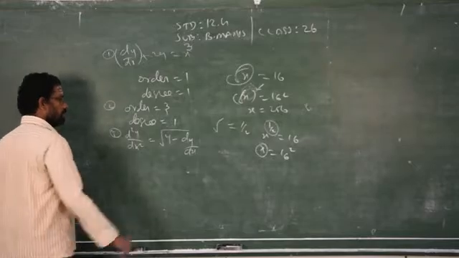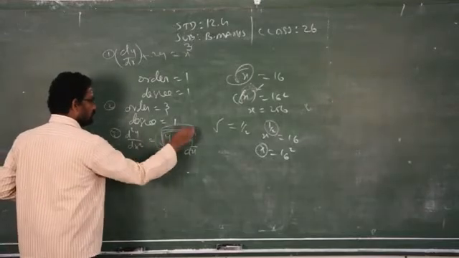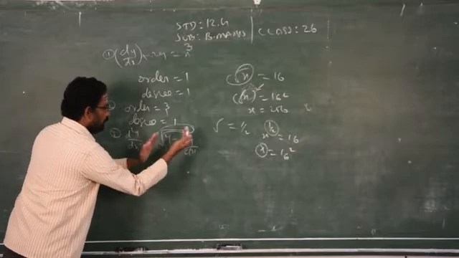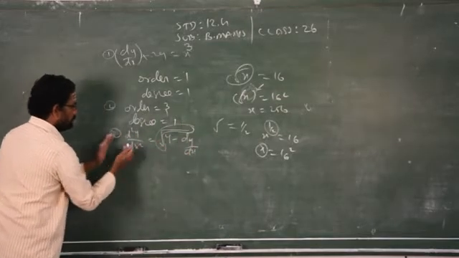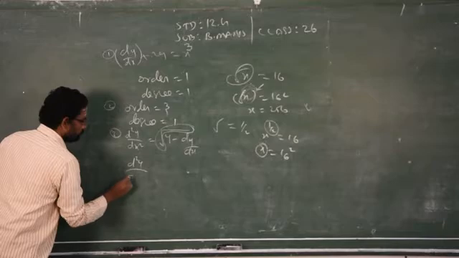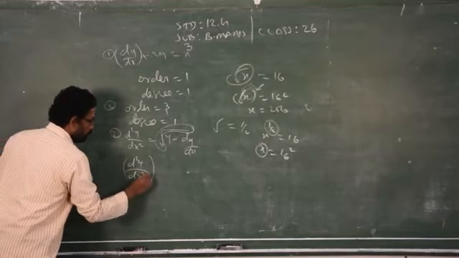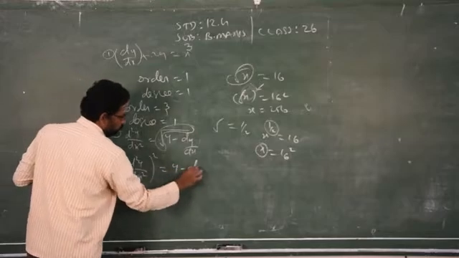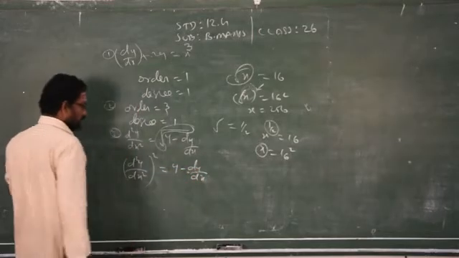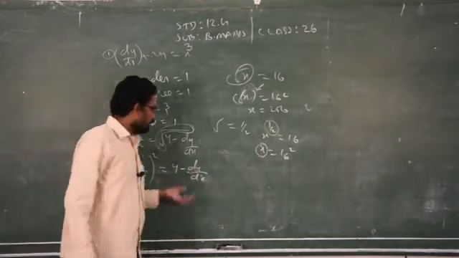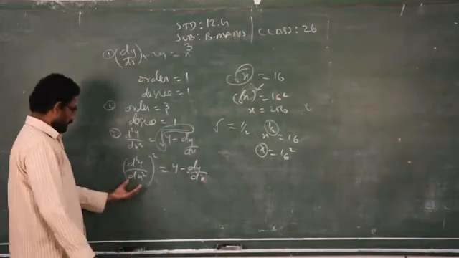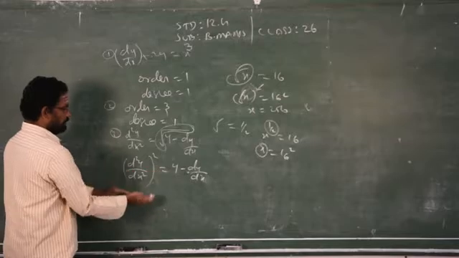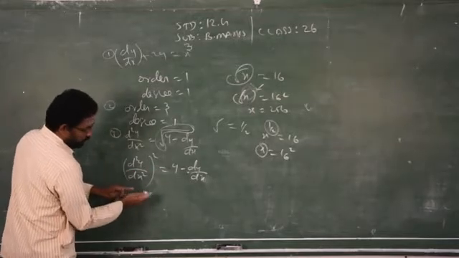Clear? So based on the concept, this square root is replaced by what? 1 by 2. When I am transferring that 1 by 2 from the right side to the left side, it becomes the whole square because you have to take the reciprocal. That is the basic rule. dy by dx, this is also not in standard form. So you have to write second order, then first order, then constant is equal to 0. Or you can write from this step itself what is the order and degree.